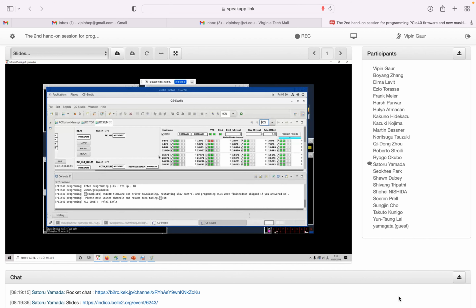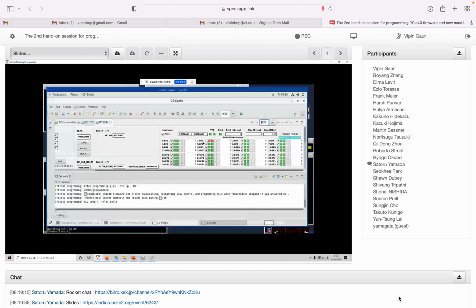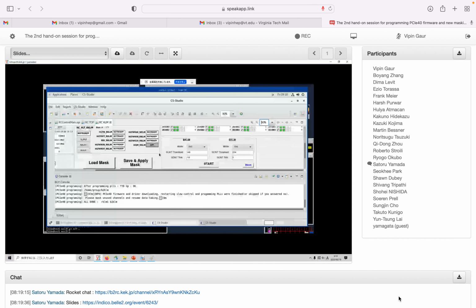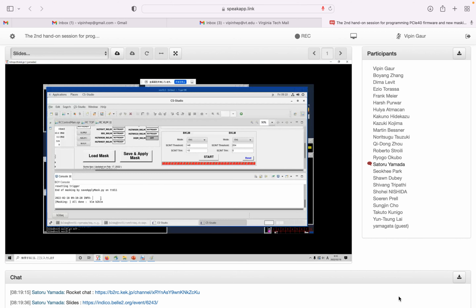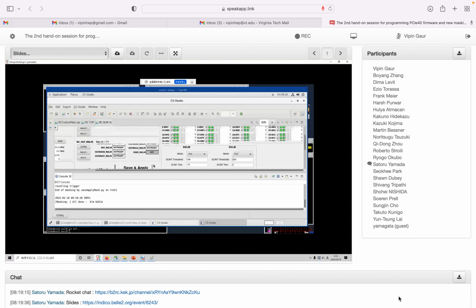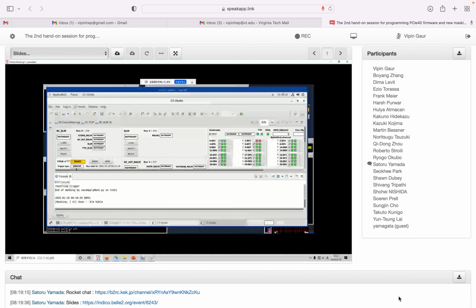Okay, it's done. Then it is masked. Push this button. Okay, basically this save and apply mask takes a few seconds. Then, for example,